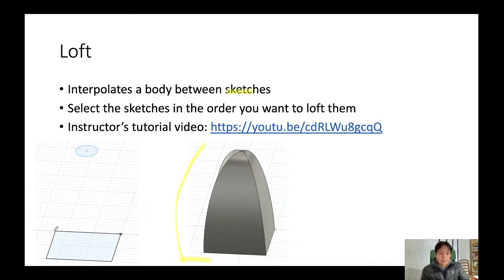Let's say we have two sketches. One is a rectangle at the bottom and then a circle on the top. I draw a circle and then move it to the top on the G plane. And then I can interpolate the two objects using the loft function, and that creates a 3D object like this. This is loft. I already created a YouTube video on how we can use loft, but I'm going to show you a quick demo using